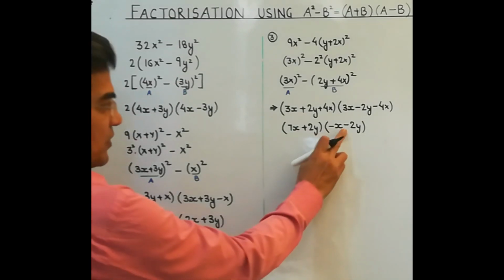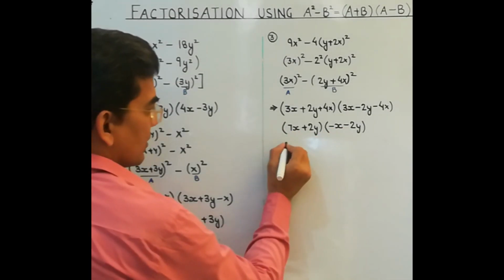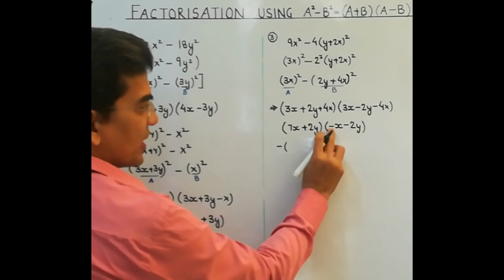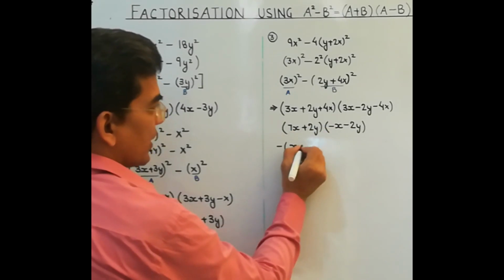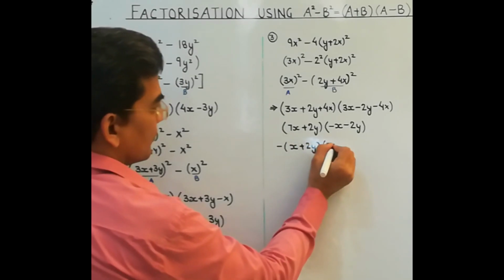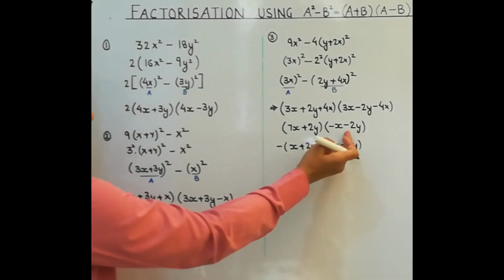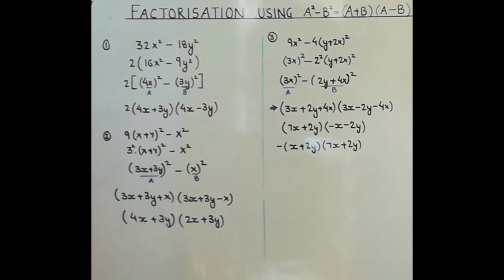Now you can see from this bracket, you can take minus common if you want to. You can write it like this. You have taken minus common, so this becomes x plus 2y. You can leave your answer like this, or if you can take minus common, you take minus common, so this will become the answer. So this is clear to you?